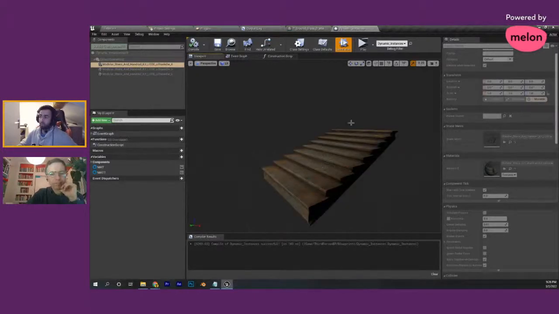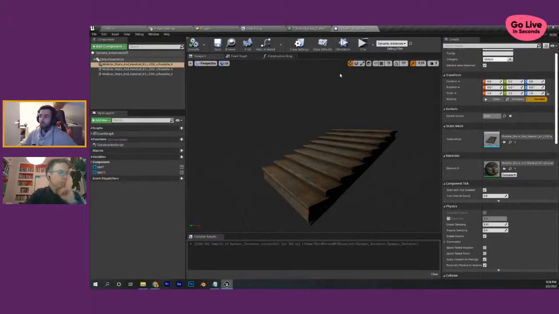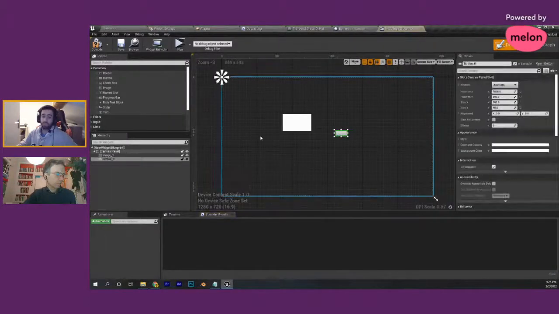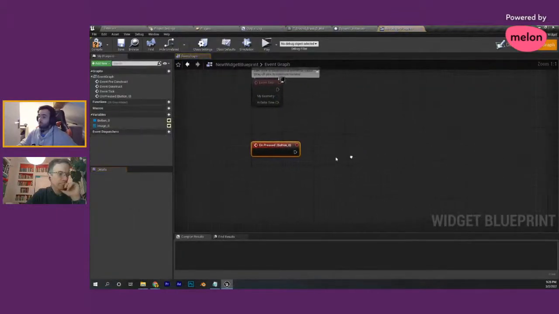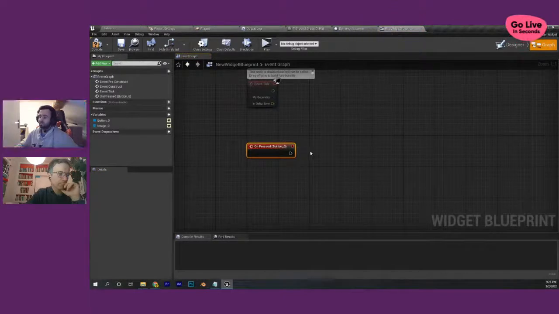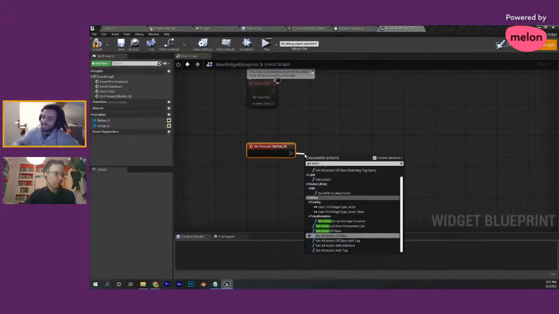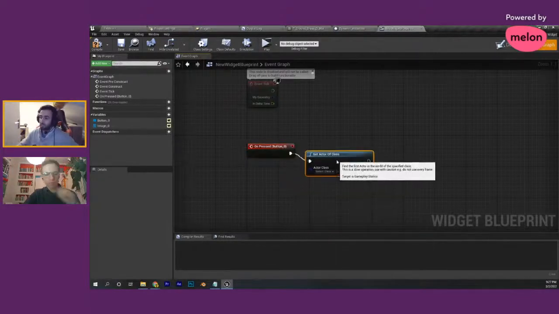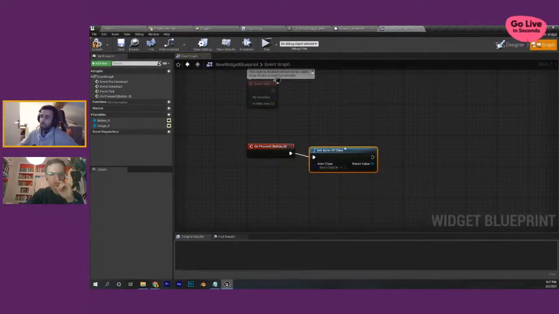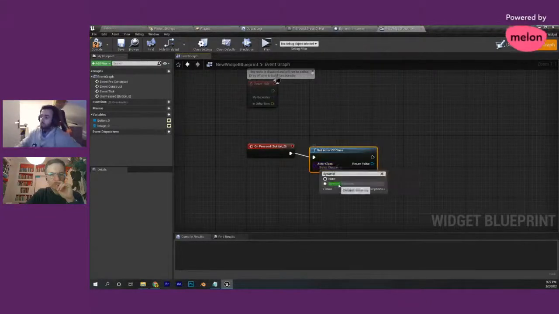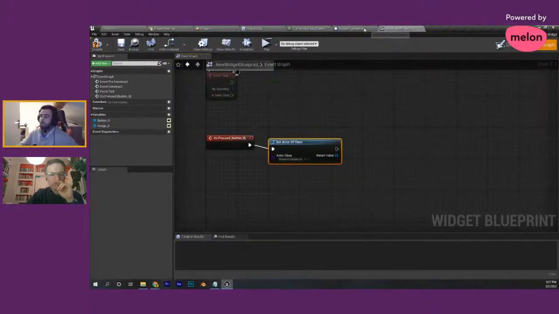The way to do that, I don't want to go into the details, but you've pretty much specified a button for it, you just go to unpressed, and let's go in detail. Get actor of class. So you have the ability to search for the actor that you have. I'm just going to search dynamic instance, which is the name of my actor, which I've specified, and then you